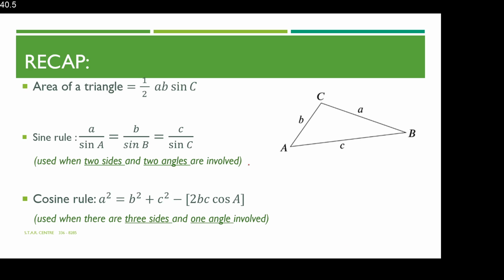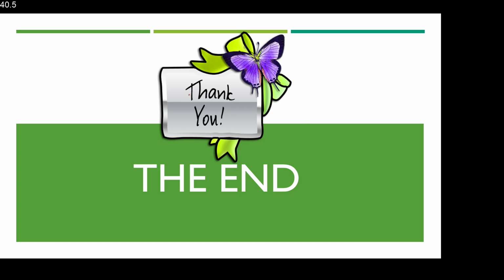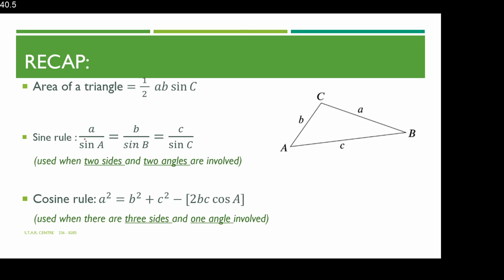So just to recap, we have learned three main things in this tutorial. The first being finding the area of a triangle. Area is equal to a half AB sine C, where A and B are the two sides adjacent to the angle that is given in that triangle. The sine rule we have seen would be A over sine A equal B over sine B equal C over sine C, and only two out of these three parts are used,